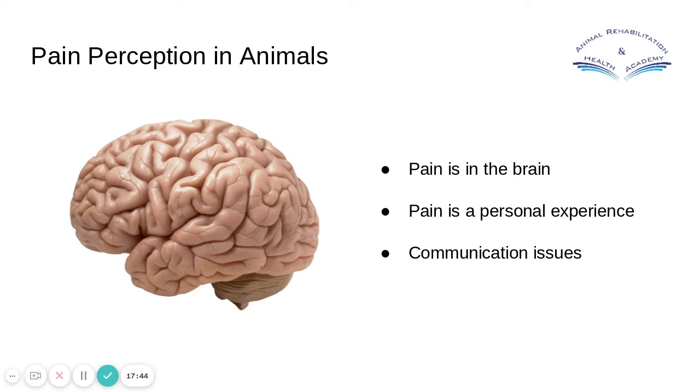Like I said before, you can't ask an animal, are you in pain or are you scared? Why did you react like that? I find myself as a therapist very often gently repeating something and trying to distract them and see if that really hurt, or were they just not expecting it, or whatever. And how bad is the pain? We can't ask them that. Is it always there, or is it only when you move? What type of pain is it? We can't differentiate between different types of pain. Is it a throbbing pain? Is it an acute pain? Is it a stabbing pain? We can't communicate in that way with animals.